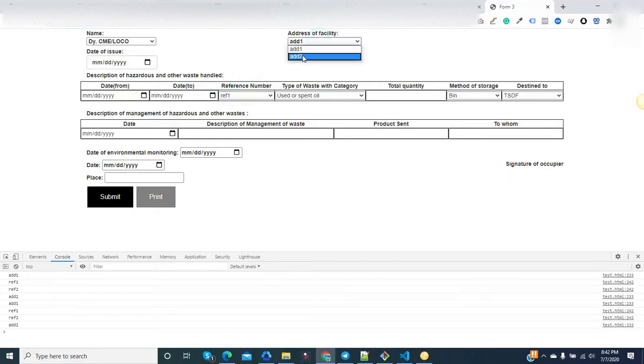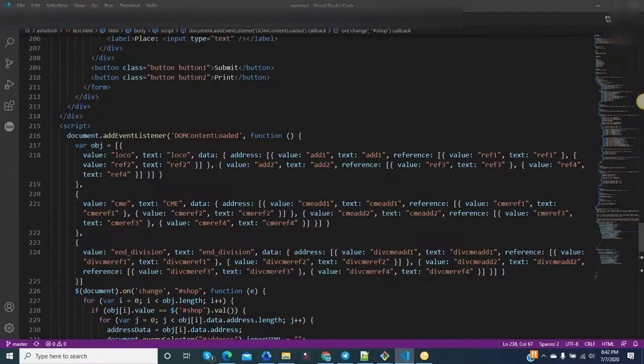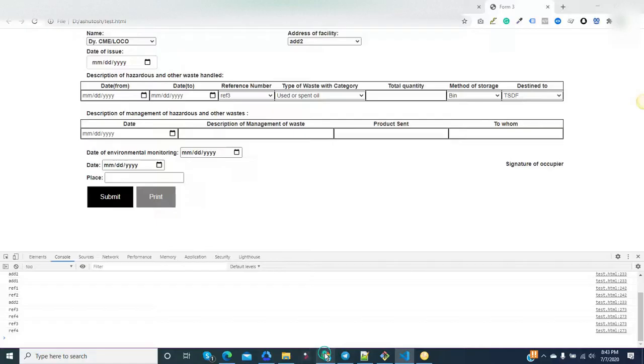If you select add 2, it becomes 3 or 4. Why? Because we have written here that for add 1, the reference value will be ref 1 and the text ref 1, and another value ref 2 with text ref 2. But for the value add 2, the reference values are ref 3 and ref 4. So accordingly this is working.